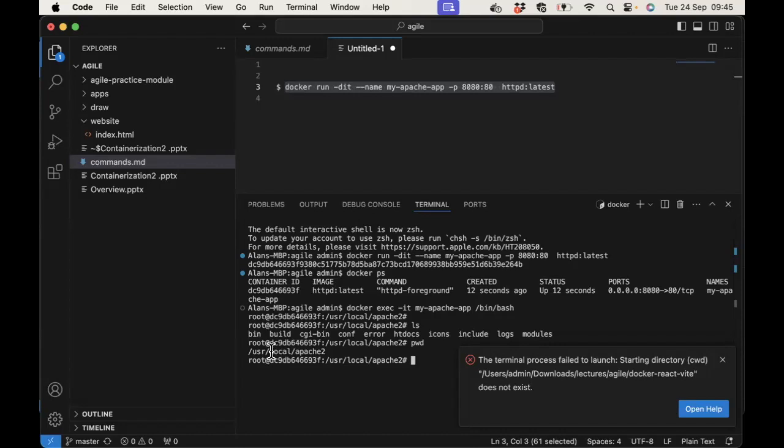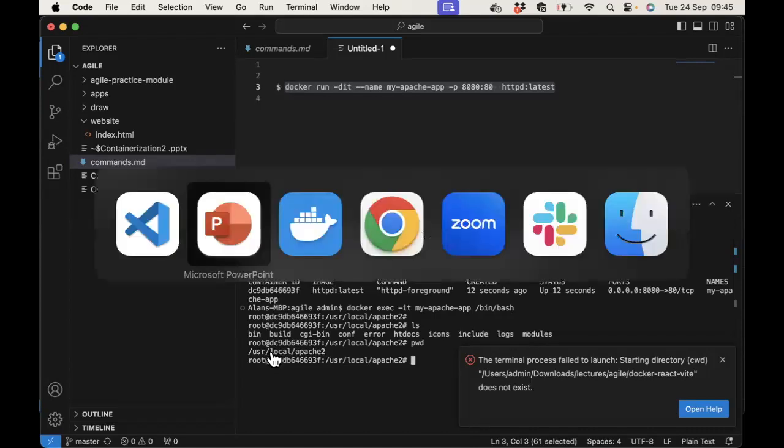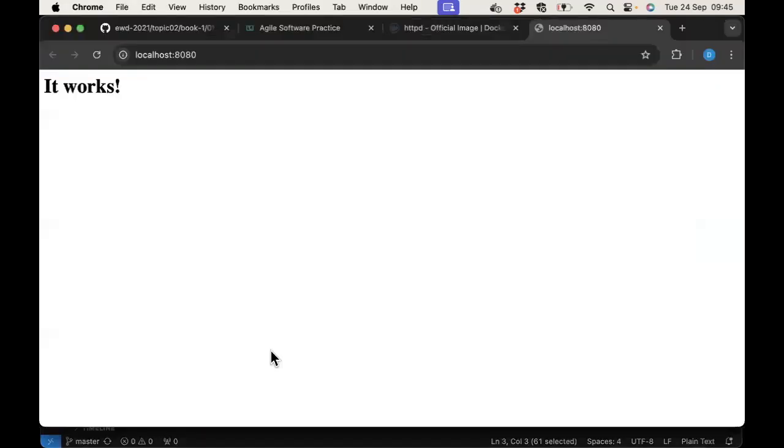Now for the Apache web server, when we did this, where did the "it works" come from? There must be an HTML file within the Apache web server that contains this text. How do I find that file? Now, if I go back to Docker Hub,